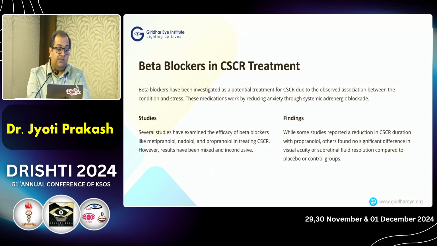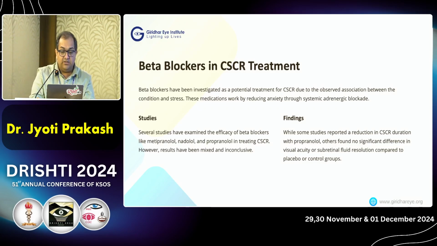Then came in the role of beta blockers in CSCR treatment. There are several studies in which people have used, again, metipranolol, nadolol, propranolol for reducing CSCR. The reason why these tend to work in a small subset of patients, as we all know from the historic teaching, is that these patients are type A personalities who are prone to anxiety, and probably the effect of beta blockers on reducing anxiety is how it helps in relieving the symptoms. That and all we do not know,